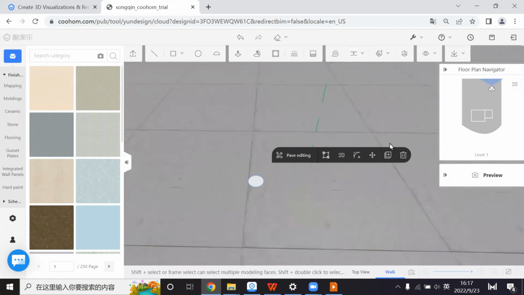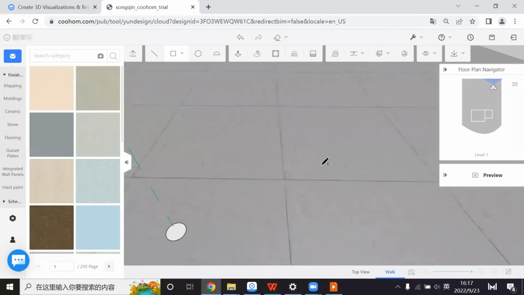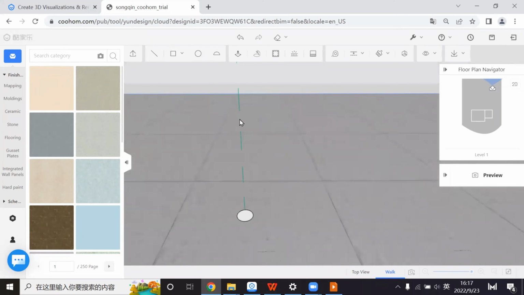You can first put the guideline and polygon, try to find that intersection point, and 60 edges with 50 radius. Good. And now borrow one guideline